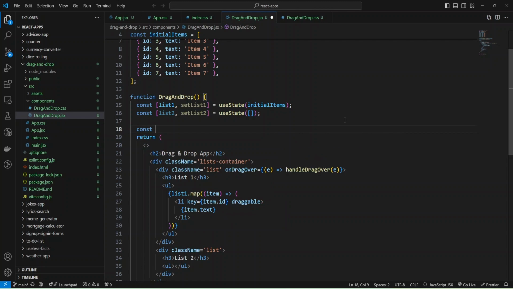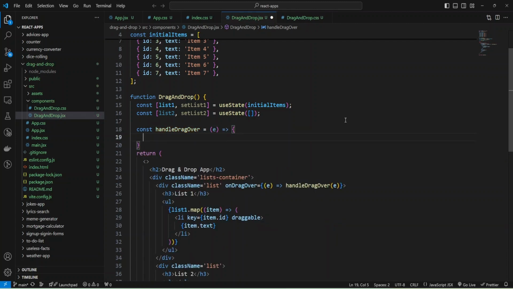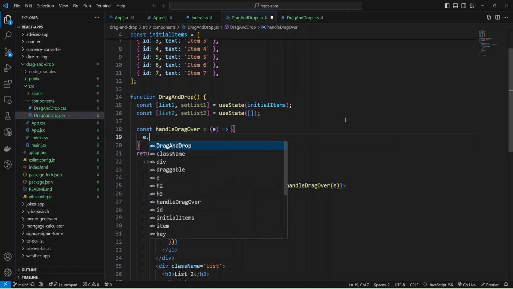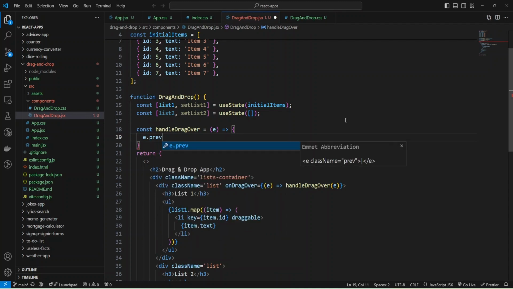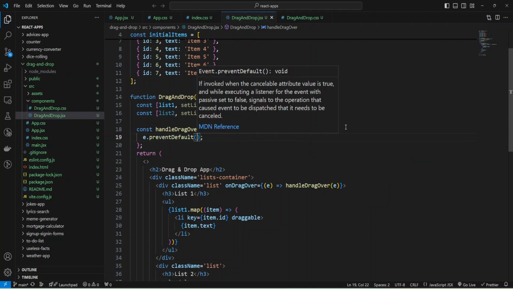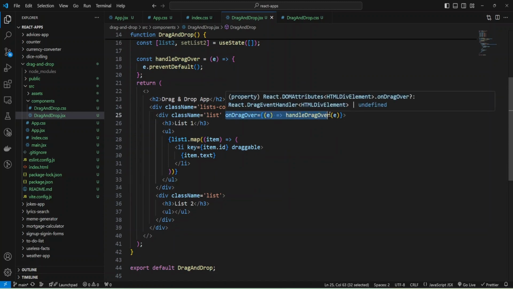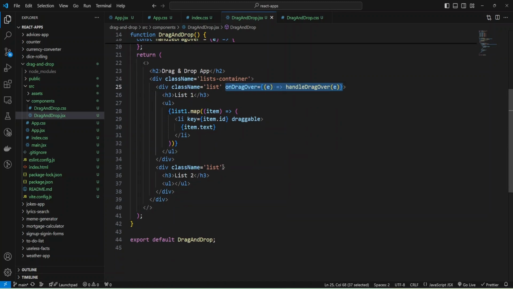It will be an arrow function that will take the event, and here we'll simply prevent the default behavior to allow dropping. I'm going to call the event's preventDefault function. And the same onDragOver event we need to add to our second list.